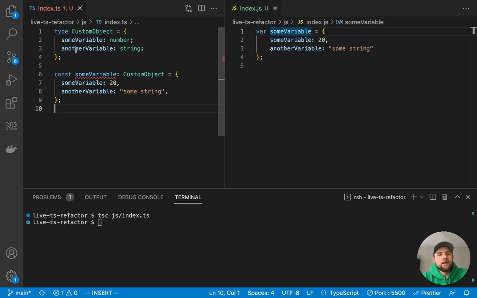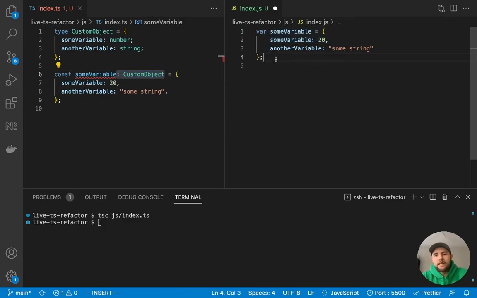But anyways, the point is that we've got a type here which is actually not valid JavaScript code. You can't run that in a browser or Node.js or any JavaScript runtime. So what the TypeScript compiler does is it removes this type, and it removes this type annotation right here, and it gets us to this just vanilla JavaScript object that can actually run in the browser.